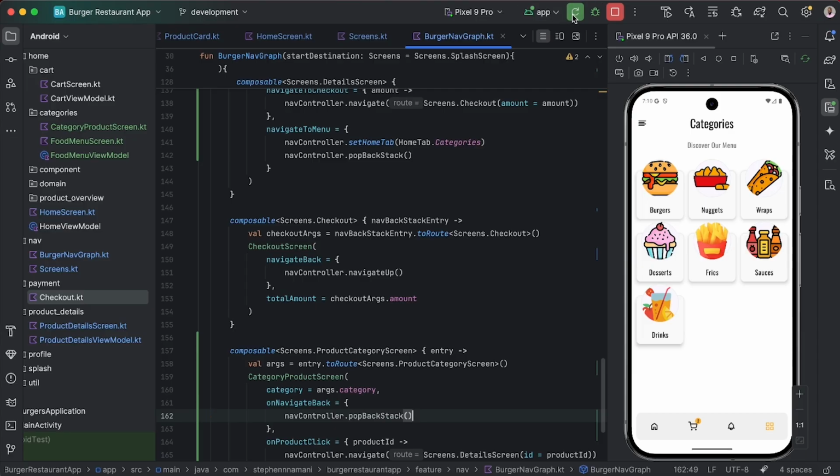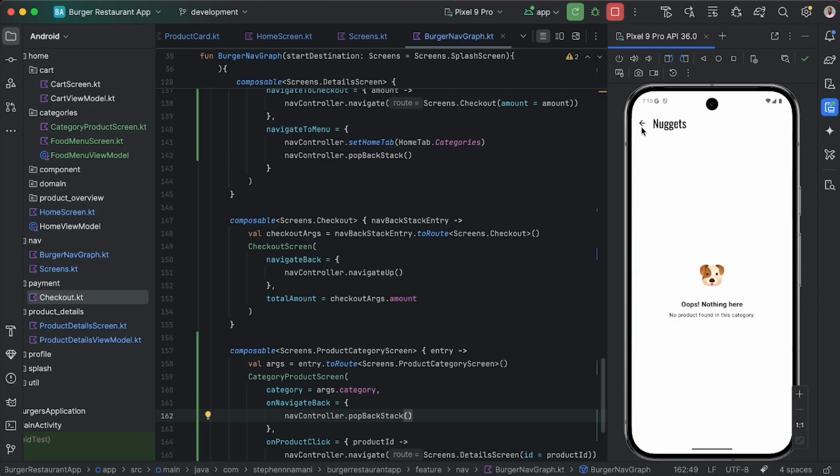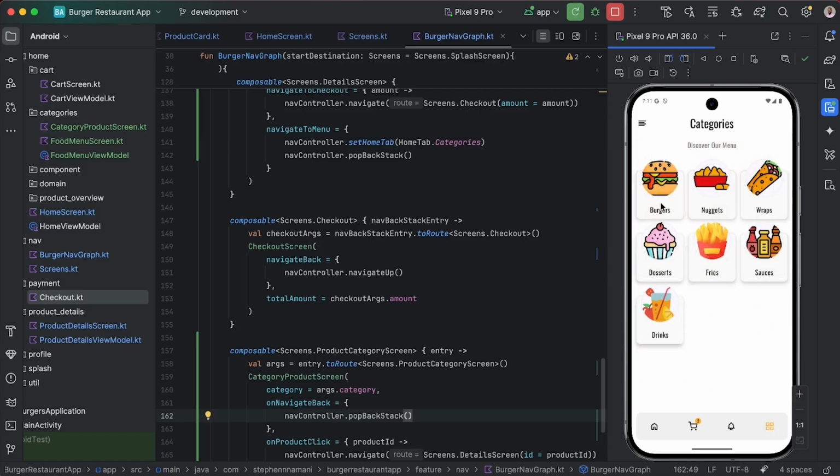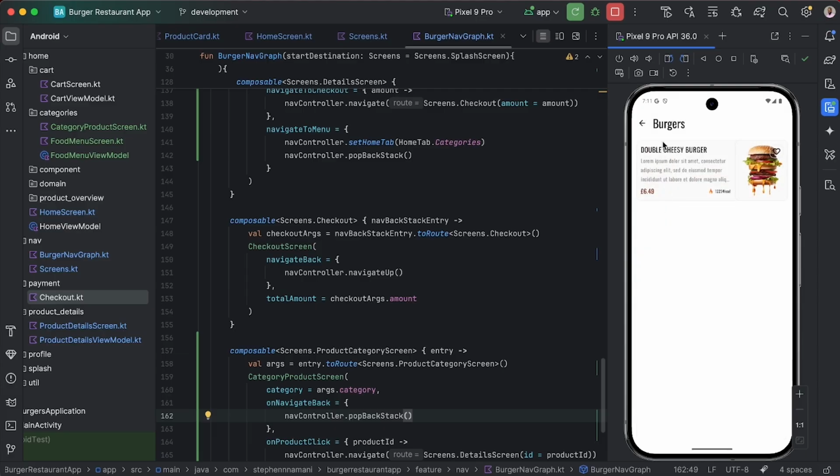So if we relaunch our app now, if we navigate here to the list and we go back to the original screen, which is our product overview screen. Why this is happening is that once we navigate to our category, this category is part of the nested navigation in the home graph. So now when we click for the list, we are going back to the parent graph, which is our burger